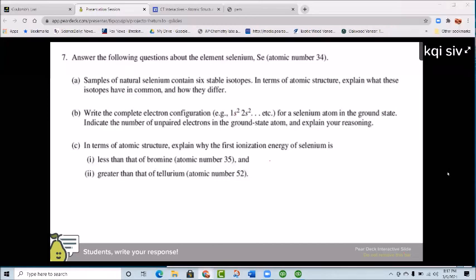So let me clarify. If they're in different energy levels, it's more based on the radius. Correct. And if they're in the same energy level, it's more based on the protons and the pulling. Correct. Because if it was always protons, then tellurium would win. But that's not true. Because it's based on the data, it's more about the radius. And if you look at Coulomb's law, that r is actually squared, so it's radius squared. Okay, thank you.